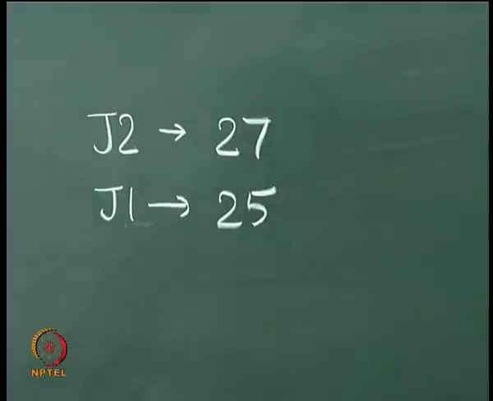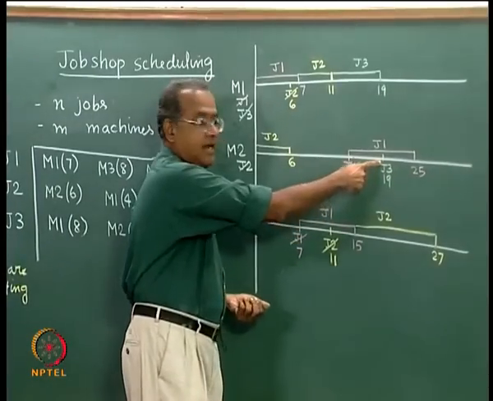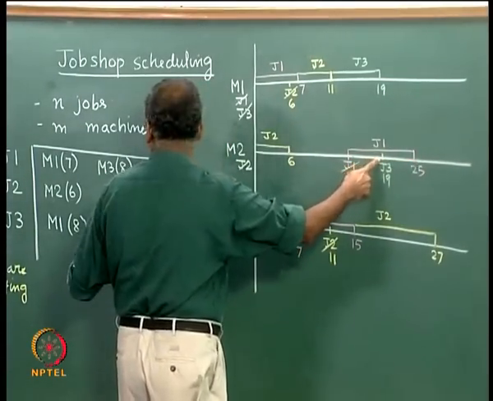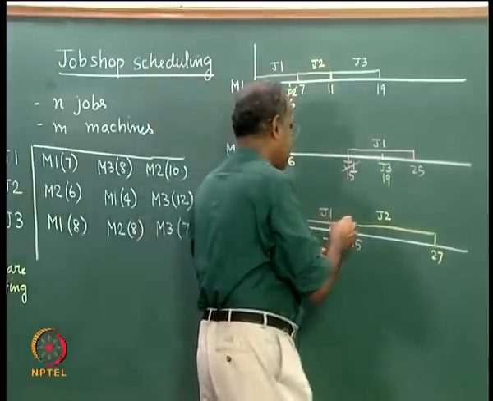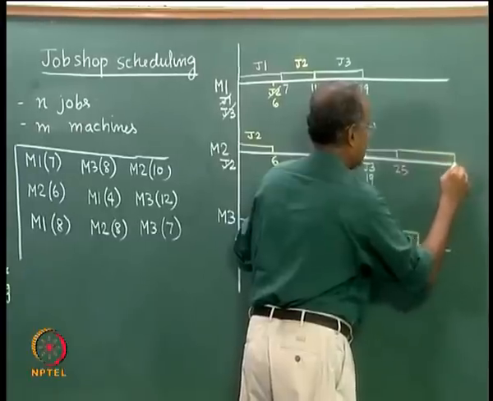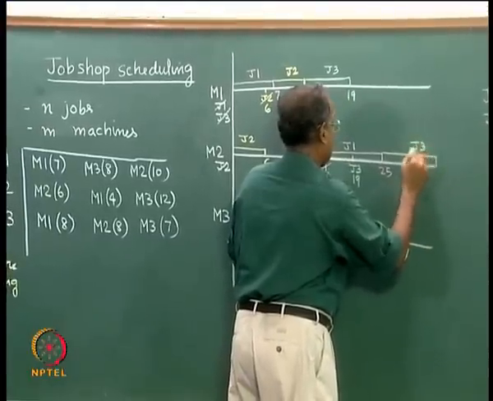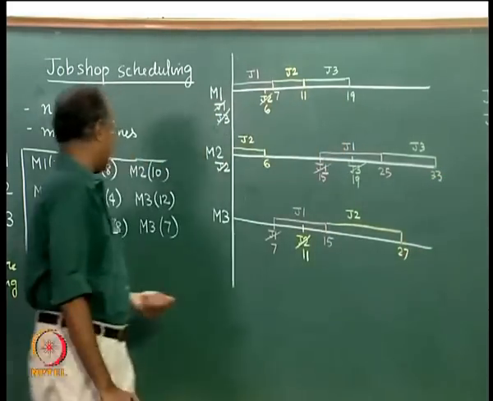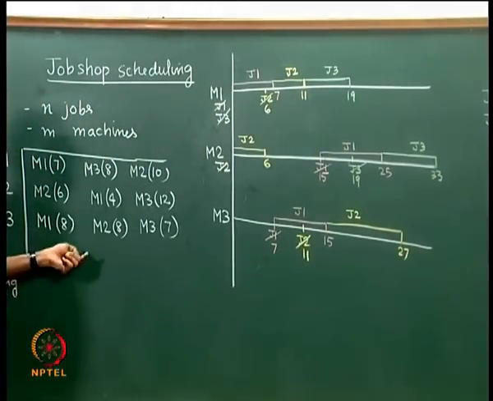Now, once again we have J3 has come here at 19. Now, we are at 25. J3 is waiting on M2, takes another 8. So, 25 plus 8, 33. So, J3 finishes at 33 here,